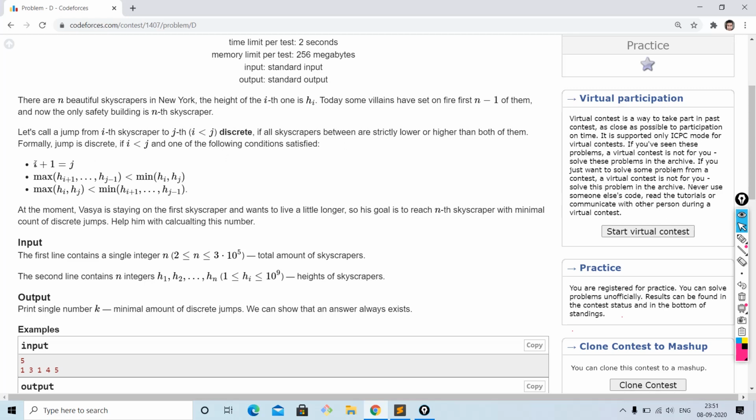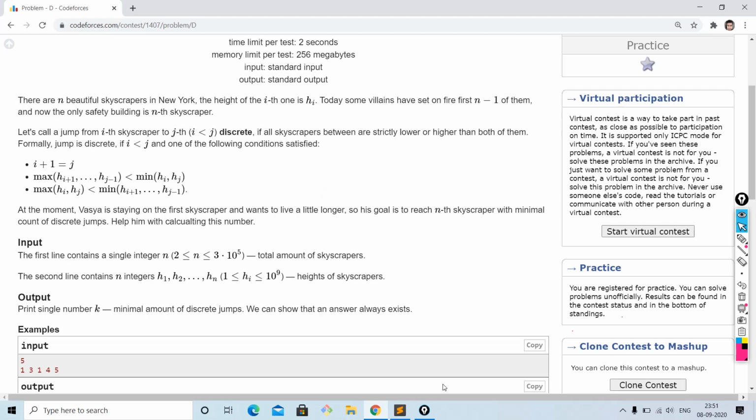We can jump if the skyscrapers are next to each other. If there is a next skyscraper, we can jump to it. Otherwise, for all the skyscrapers we avoid by jumping over them, their maximum height should be strictly less than the minimum height of the first and the last skyscraper. First and last here refer to the from and to. The other condition can also be that the minimum of all the H_i in the middle